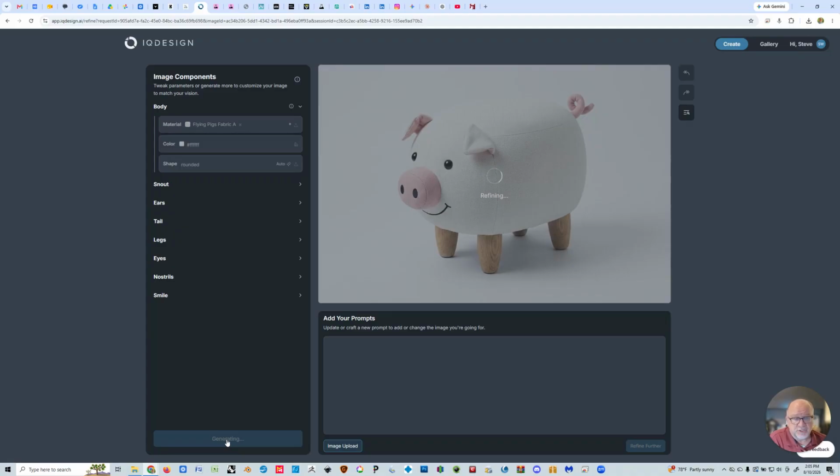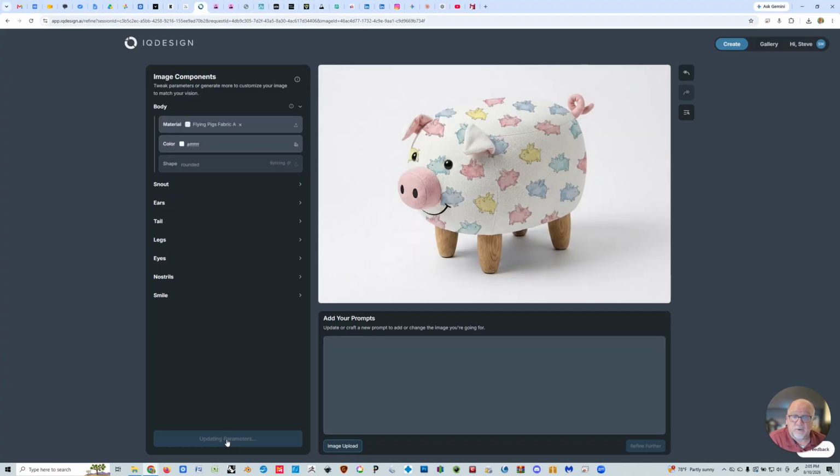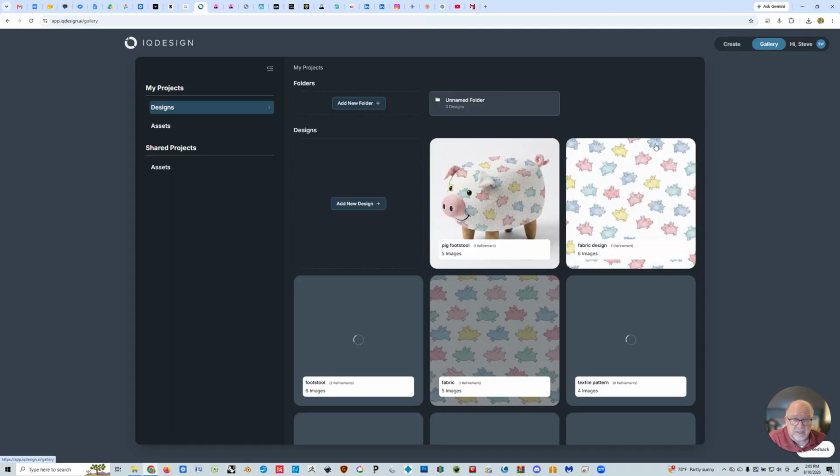You'll get 1 image in this generation rather than 4 because you're in the image components window. But we're 95% there. And we'll see how it applies the chosen fabric. Did a great job. Did a great job. So it applied the fabric to the body. I like the fact that it added the texture from what we had here. So I'm happy. I'm very happy with that. So I'm going to go back again to gallery. And there it is,